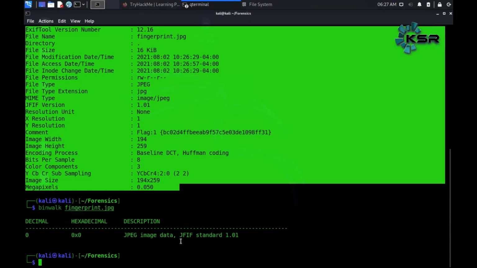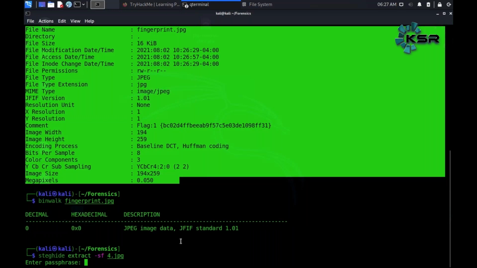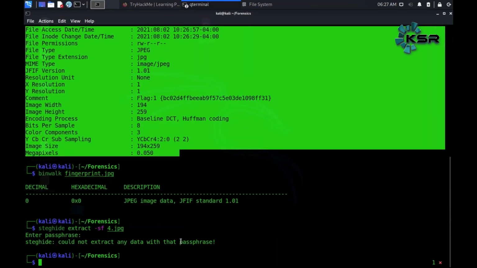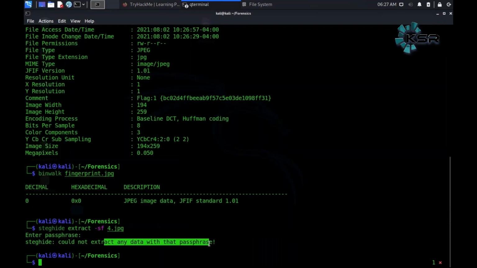It's a step-by-step process. Got it, Chetan? You would have to use different tools. You would have to start from the very basics to find out if there is anything out of the ordinary in this image. Then you would have to use a tool called steghide, and it might ask you for a passphrase, and then you would have to work with this. Got it?